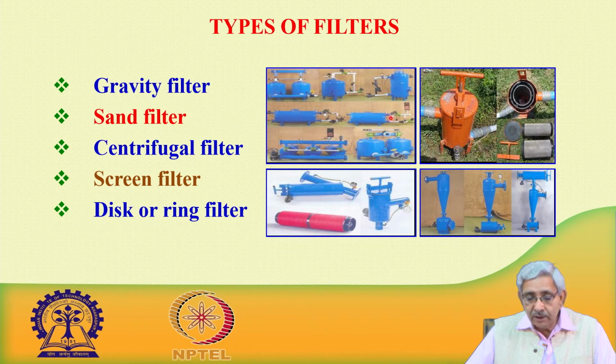So, this type of filter is a vertical sand filter. This is a horizontal type of sand filter. This is also a horizontal type of sand filter. This is also a double filter. This is being used, and then here you see this is a screen type of filter, we will discuss in detail, and this is a cartridge filter which is kept inside the housing of the filter. So, inside this particular filter material, this is the disc filter, and this is a hydrocyclone which we also call a centrifugal filter.